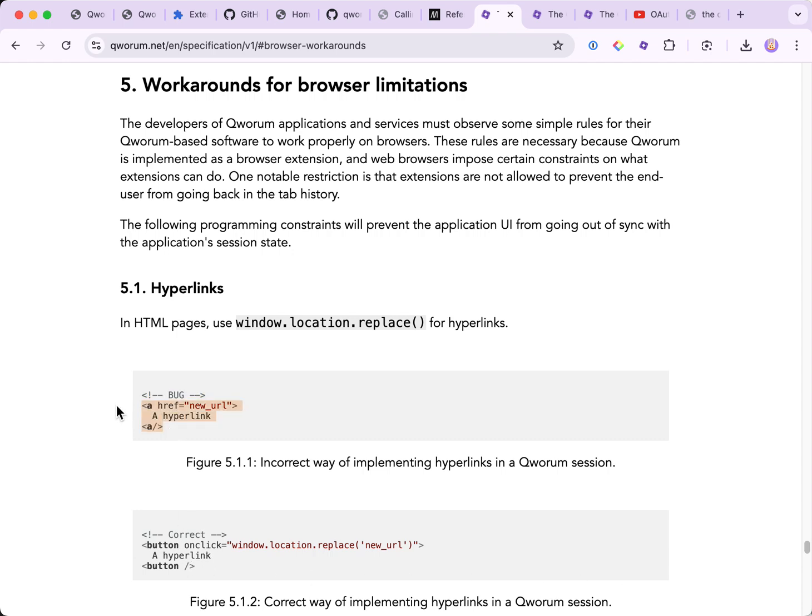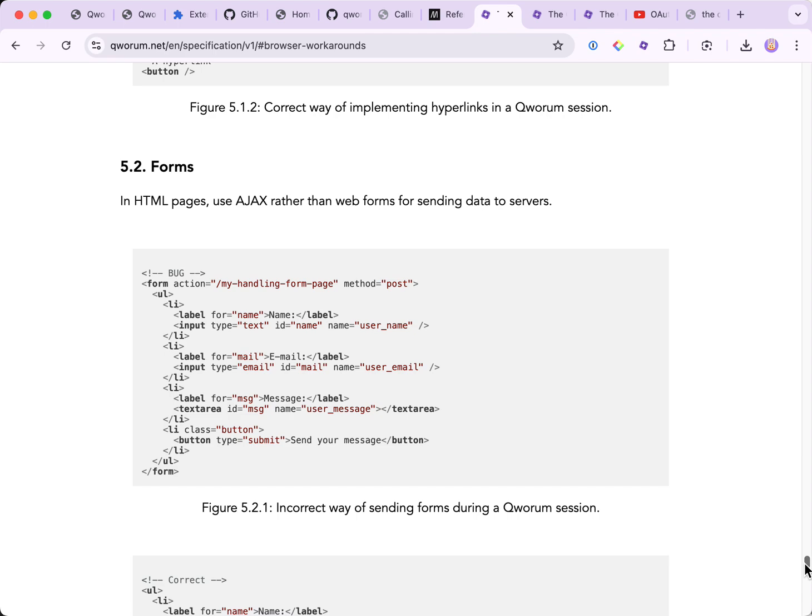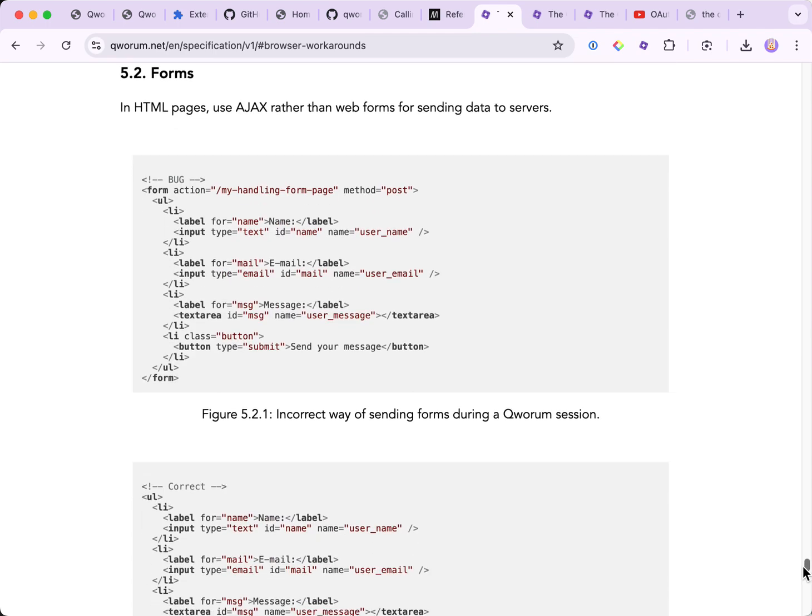So this would be scratched and would be replaced with this kind of buttons. And also web forms. Web forms would typically generate a POST request, and with a POST request a new entry is automatically added to the browser's tab history.